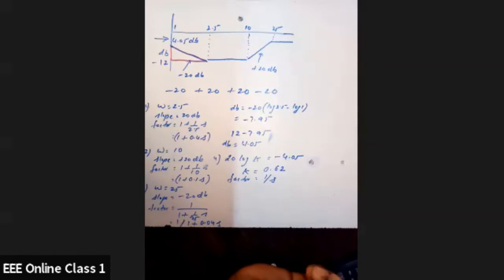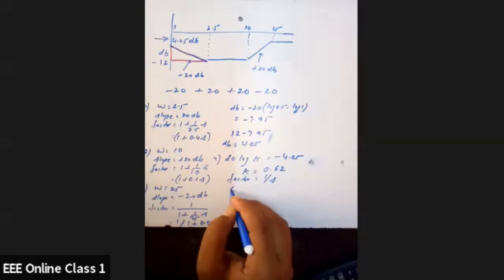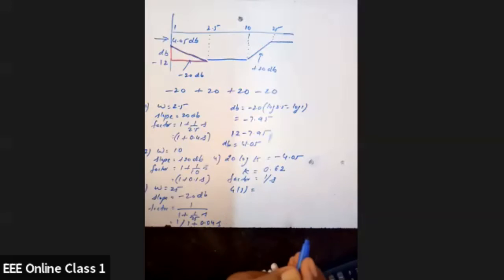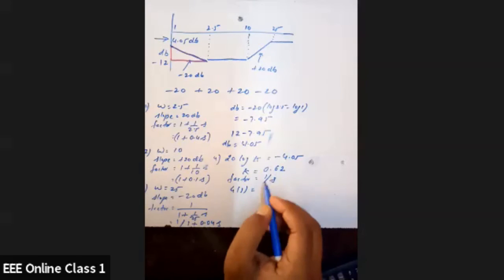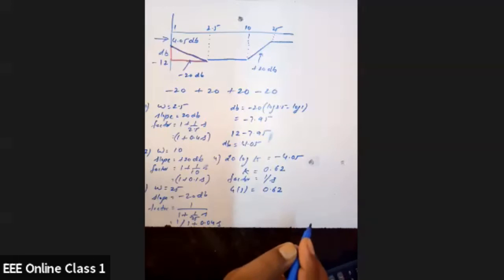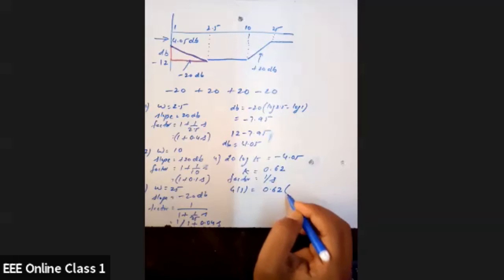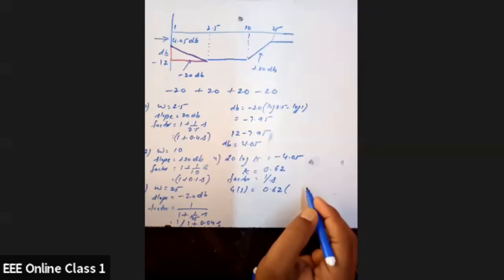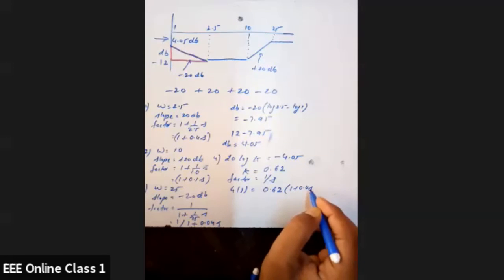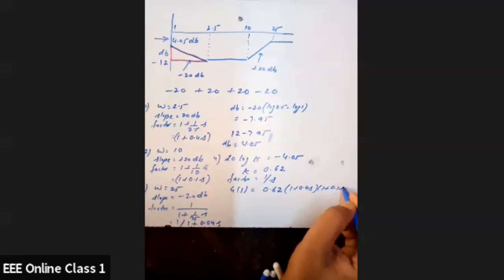Now we can write the transfer function G(s) equal to k is 0.62, and then we have two factors, 1 plus 0.4 s, 1 plus 0.1 s,